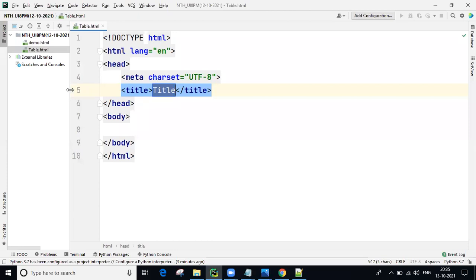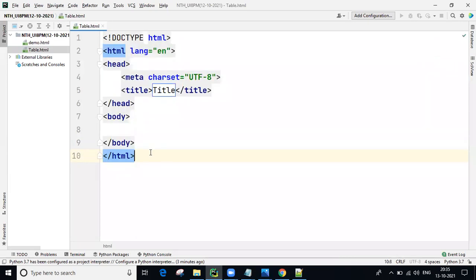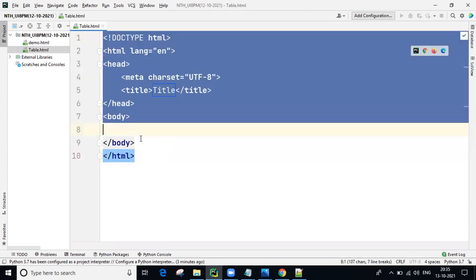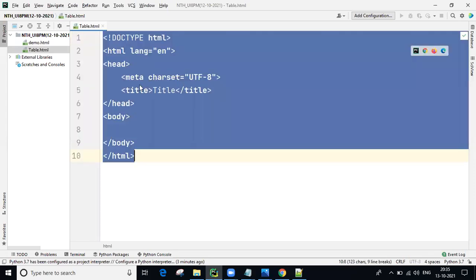Using PyCharm, if you are creating HTML, you see some default code you are getting, guys. I don't want this code. If you decide so, simply remove it and you can write the code. You know the HTML basic code, how to write it, right now. HTML tag, head, body. Clear? This default code also, if you want it, press Control Z and it comes back again.